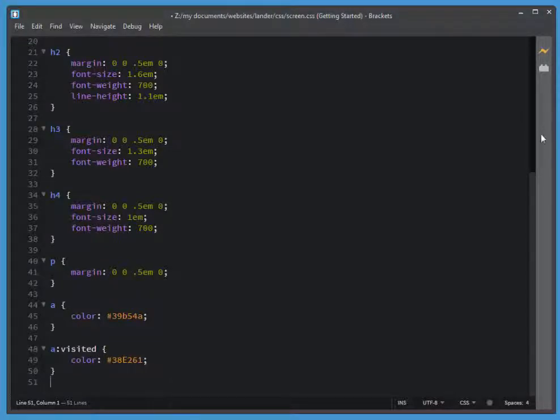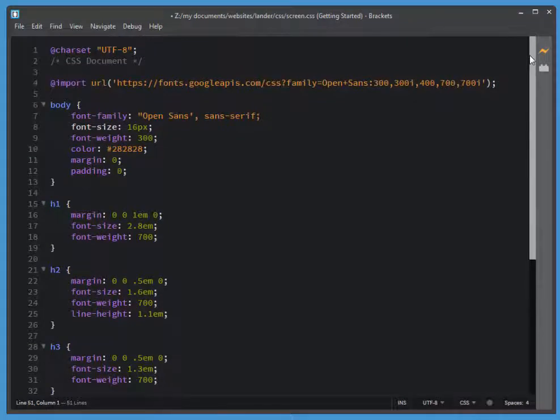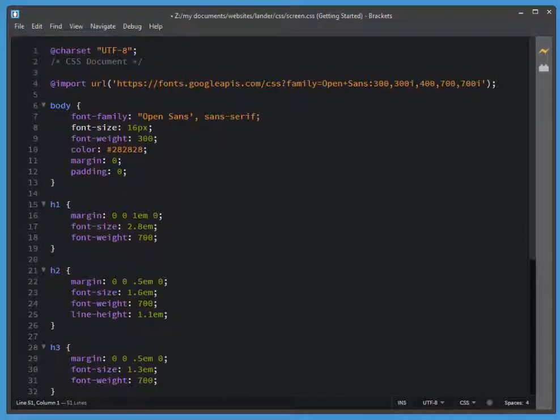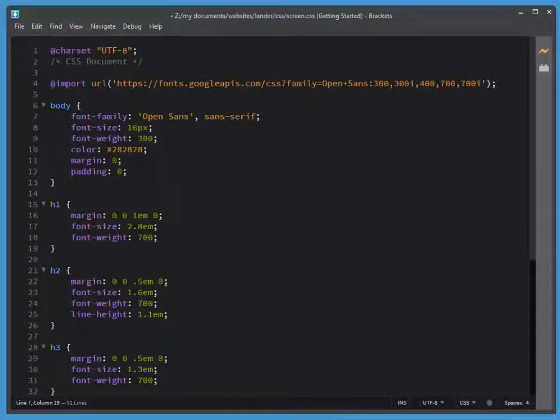So when I save this document and I refresh the web page, we should be able to see what difference this made. So first of all, I'm just going to pop it up. So now you see that the font that's being used throughout the document is Open Sans. Alright, let's move on